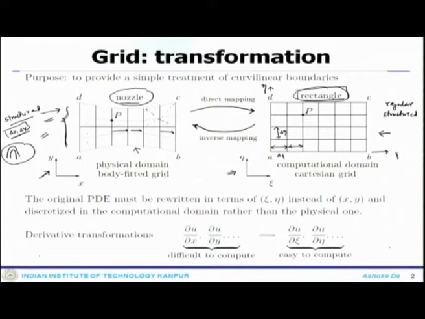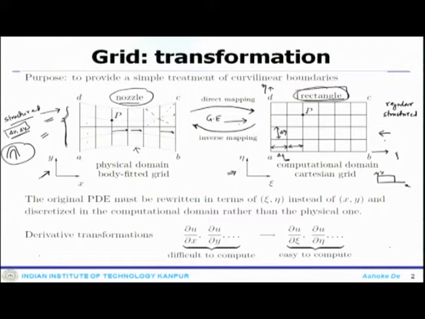So, it is quite similar to a Cartesian system like your x y. Once you transform that, you can transform the grid points, the nodal points, to here and you have some information of xi and eta. There will be some correlation, but the important thing is that since we will be solving our equation in this transformed plane, can the same set of equations be solved? It is not true. Now, what you need to do is, your partial differential equations or the governing equations need to also transform to this plane.